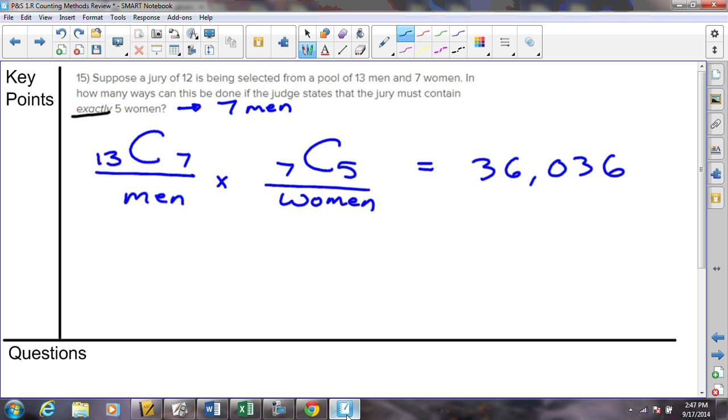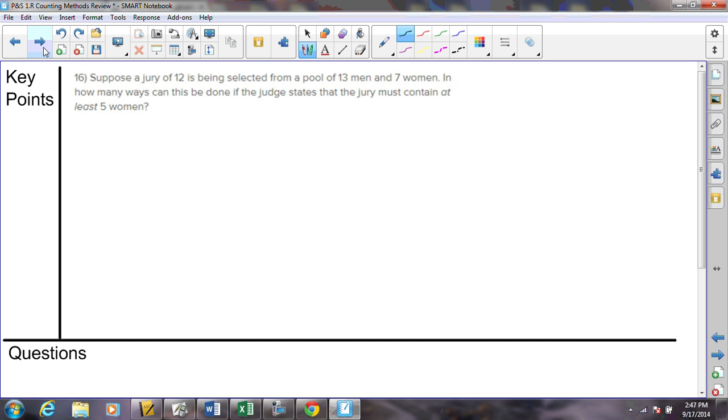Okay, so we're going to back up, or rather continue. Number 16. We're still picking this jury. But now we are saying the jury must contain at least 5 women. Well, this one, I freely admit, is going to get very, very big because we have to set it up